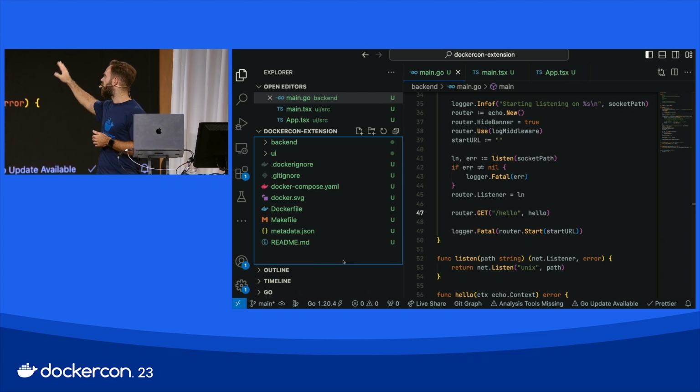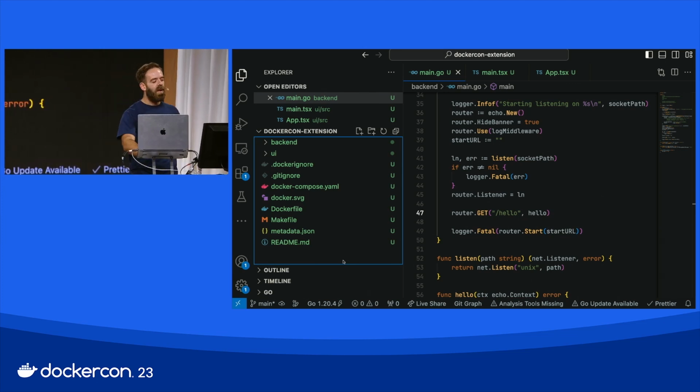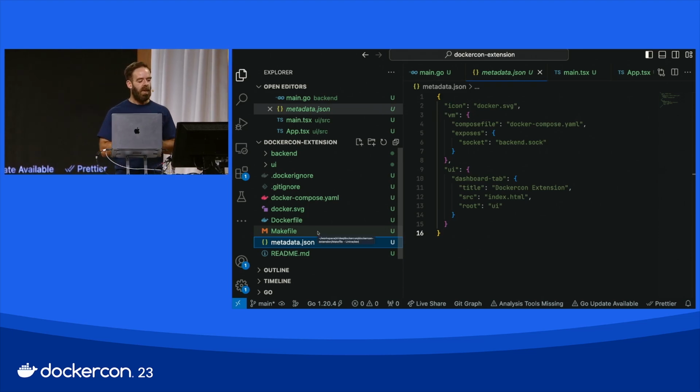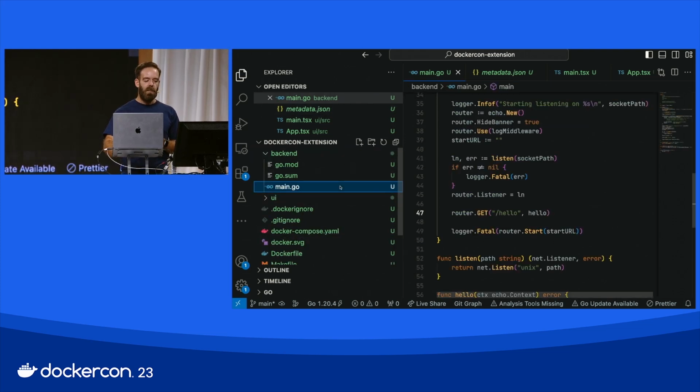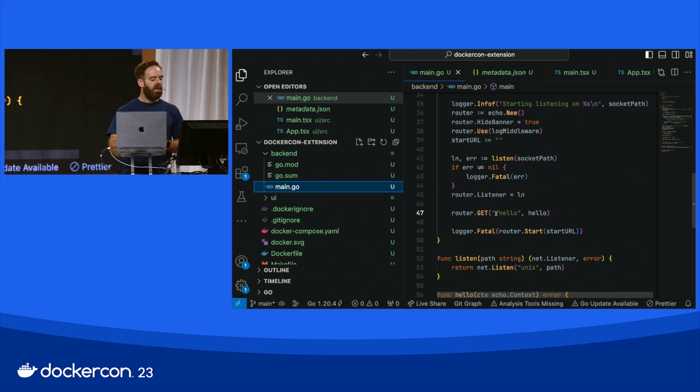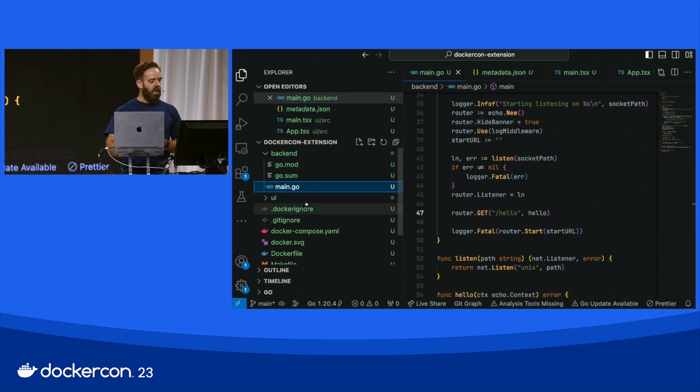And we have a metadata.json file at the root of this folder, which is needed for us at Docker to be able to fit all the things that the extension needs into the Docker Desktop application. If we go to the backend, it's pretty simple. It's just an API with a hello endpoint. And if we go to the React tab,